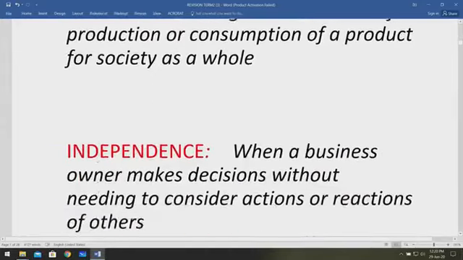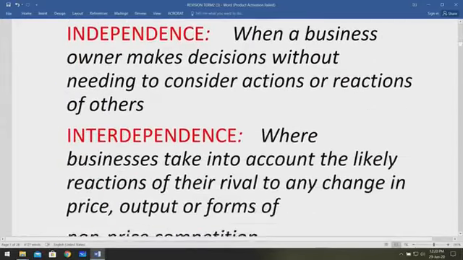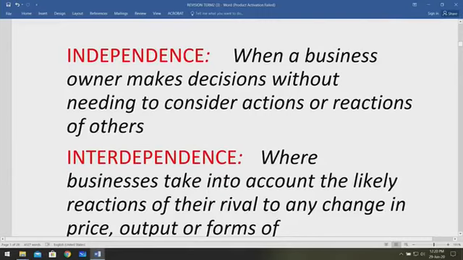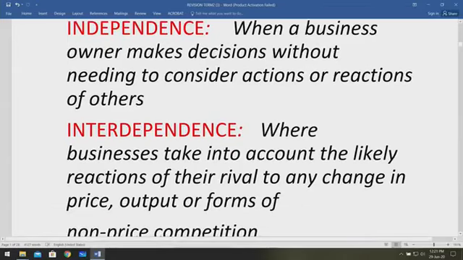Then the terms independence and interdependence. Independence is when a business owner makes decisions without needing to consider actions or reactions of others. They act entirely on their own without considering anybody else. Whereas with interdependence, the word inter meaning we are dependent on one another, businesses take into account the likely reactions of their rivals to any change in price, output or